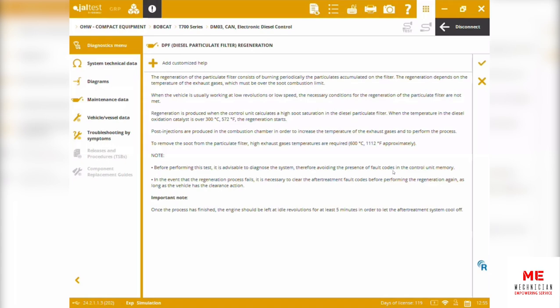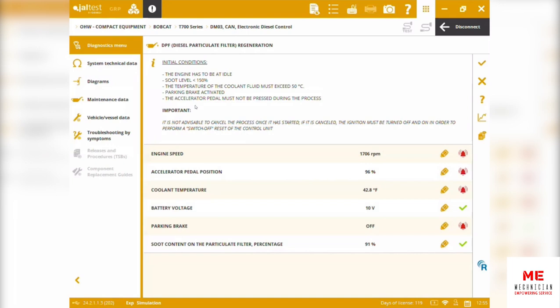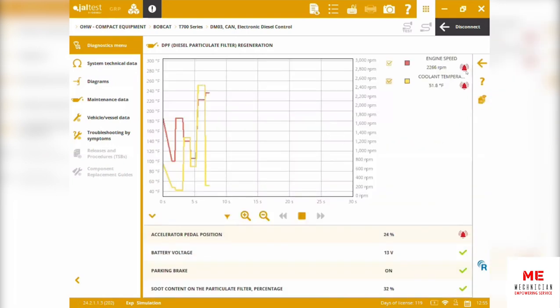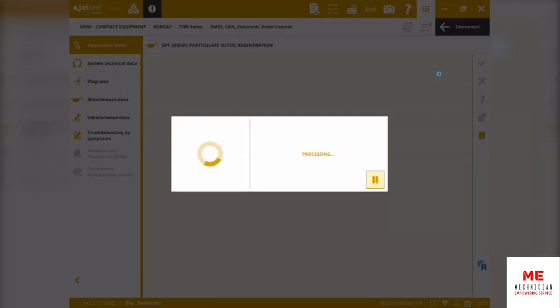With Jaltest, it's going to give you a multi-step process. You will have a brief explanation of what's about to happen. This regeneration is of the particular filter. Important notes that you should follow, so whoever is working on the system knows how to actually approach it and not get lost. Next step is going to be some initial conditions that you must meet that can also be tracked here. So red means no go, green means go. Going back, once you start, it's going to go through the